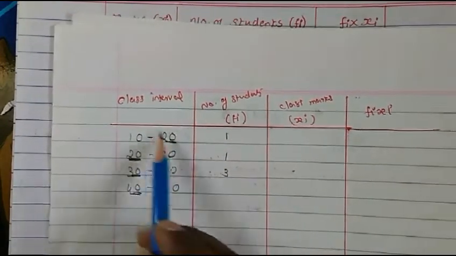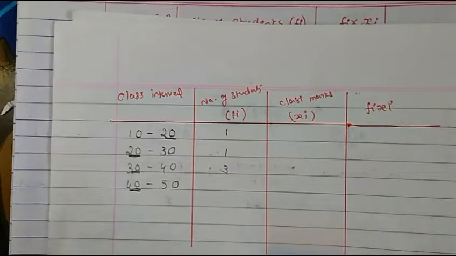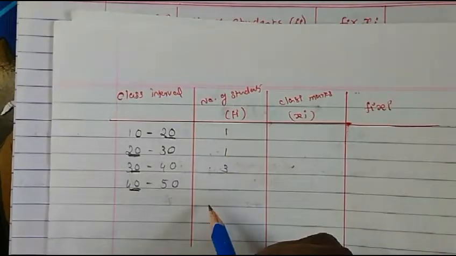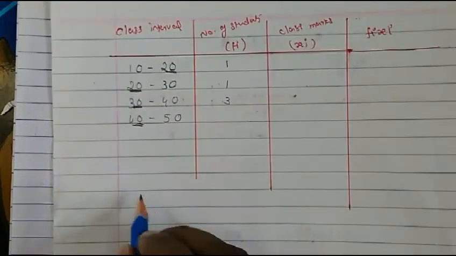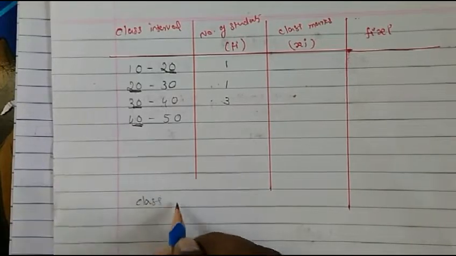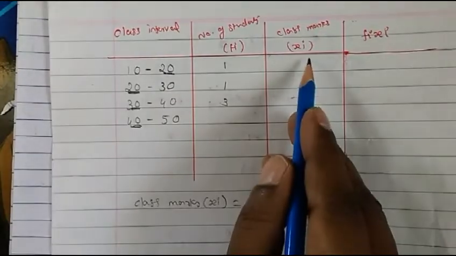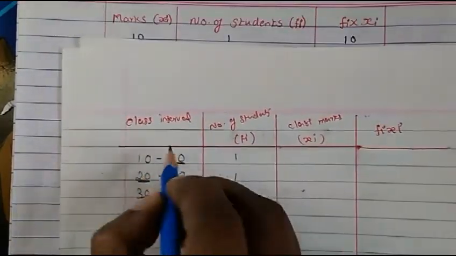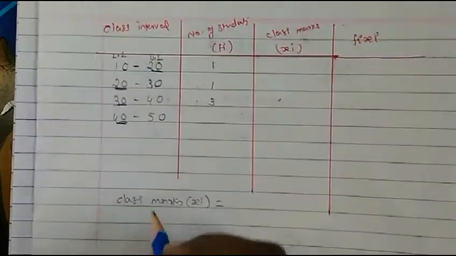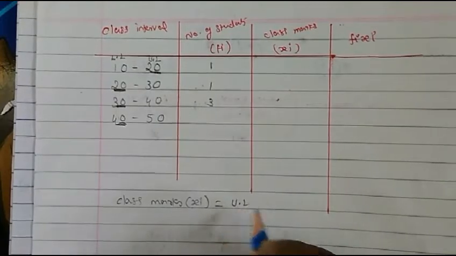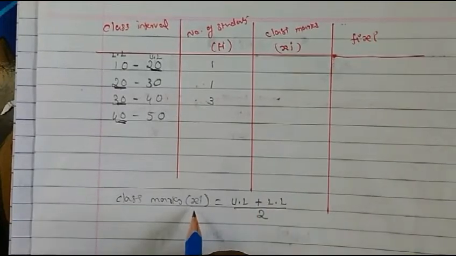This is purely yours, but I have taken it another way. I'll show you, but let me make you understand. So this way you have to write down, and then you have to find out the class mark. Class mark, how do we find it? Xi is the class mark. This we call the upper limit, and this we call the lower limit. So we find the class mark like this: upper limit plus lower limit, divided by 2, and that you get Xi.